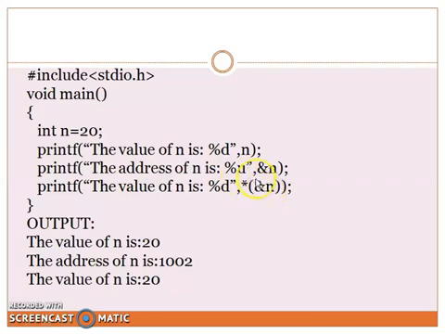Next, we are using the referential operator, that is the asterisk symbol followed by the address of n. Address of n means, inside the parentheses we have one expression, ampersand n, which will return the address of that variable n. This referential operator will refer to that particular address in the memory location, then the content available in that address is returned. So that particular value is printed in this statement.